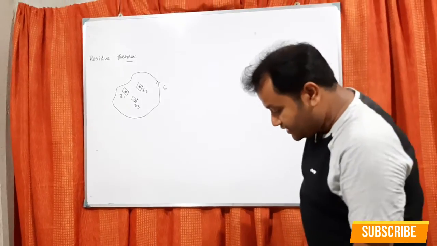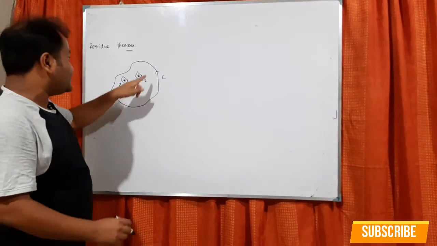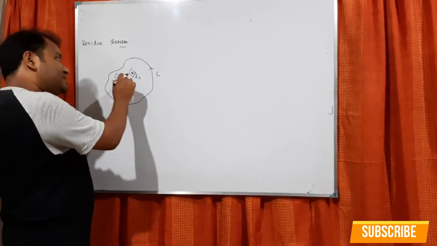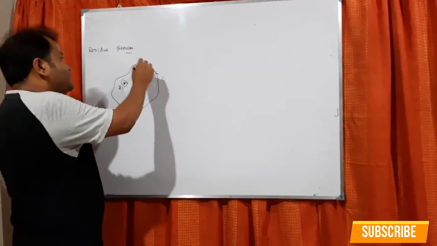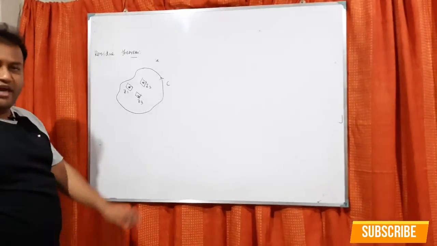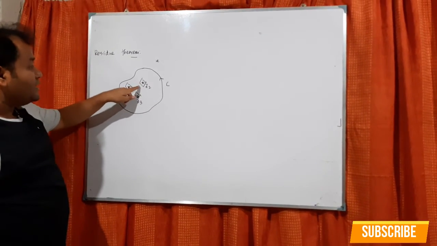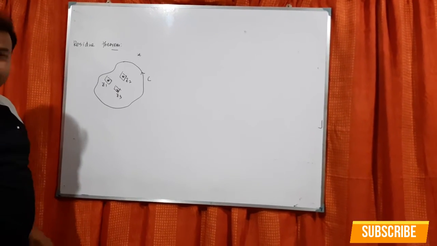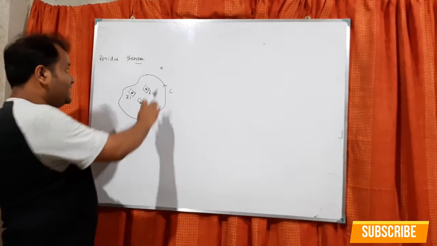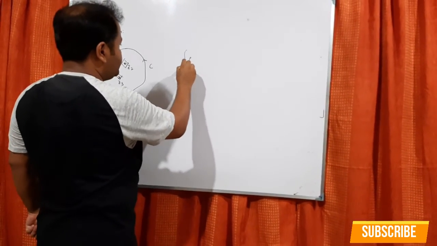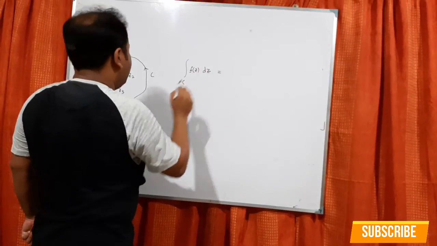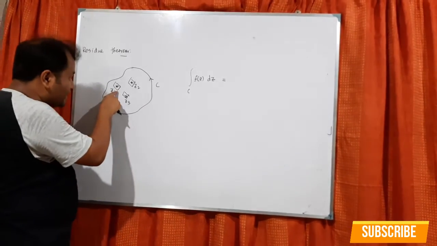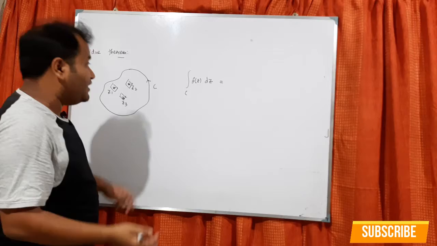That means what the residue theorem is telling is that if there is some simple closed curve C, and there are some disturbing points inside C, and if there is a puncture outside, it doesn't matter to me. If there are some punctures or important points inside C where the function is not analytic or it is a pole, then if you want to find the integration, Cauchy's integral theorem will not work, Cauchy's integral formula will not work, because there are 3 disturbing points there. So how can you evaluate the integration now?